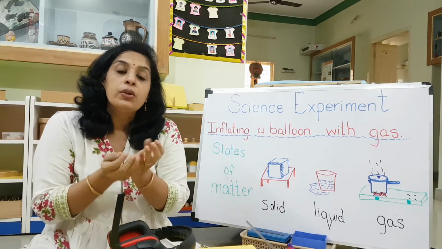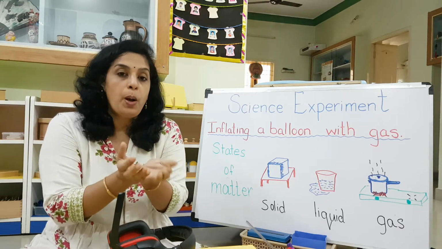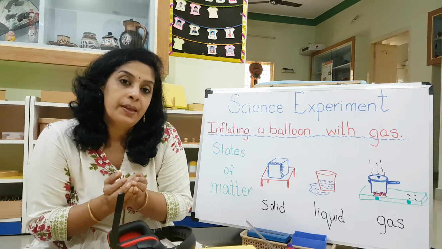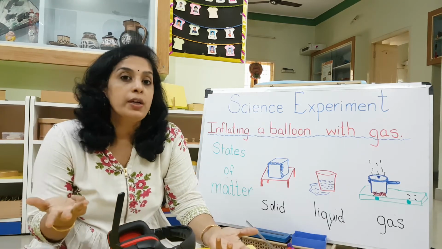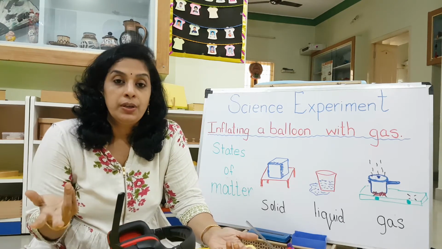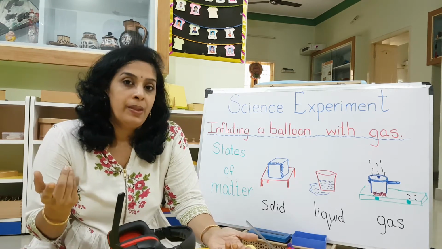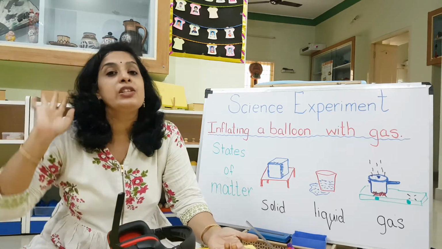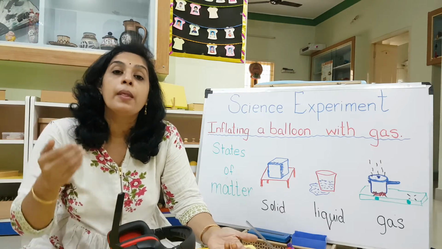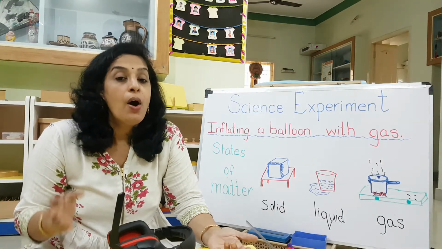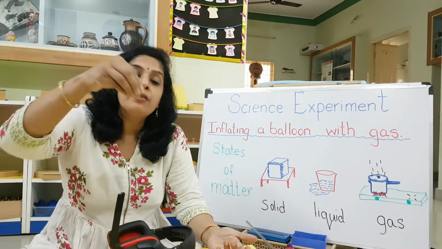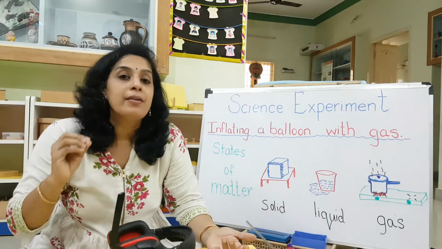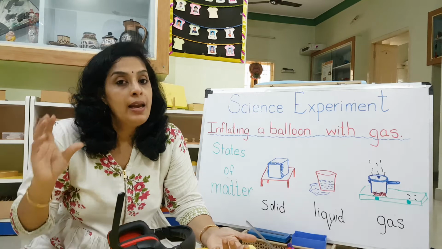Illa sotta sotta vilum. So that thing which is not having a proper form, adukku shape kedaiyadu, andha mari edukku enna solluvom? Liquid. So liquids la ennalam irukku? Water irukku, aprom juice, then oil, aprom petrol, then there are so many things you can add on like this which are in liquid form. Ninga use pandra shampoo, okay, all those are in liquid form. You need something to pour and keep in it. Ninga sambar saaprenga illaya, sambar is in liquid form, rasam is in liquid form.